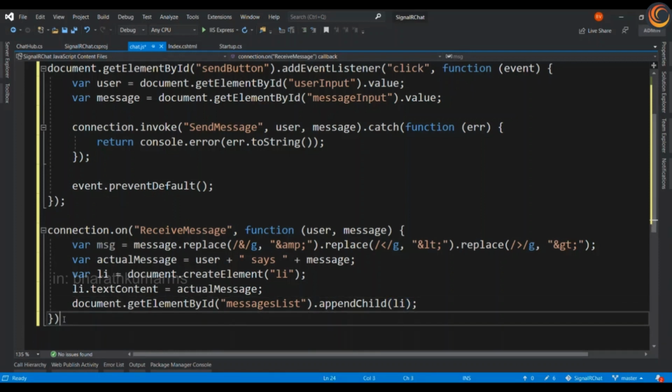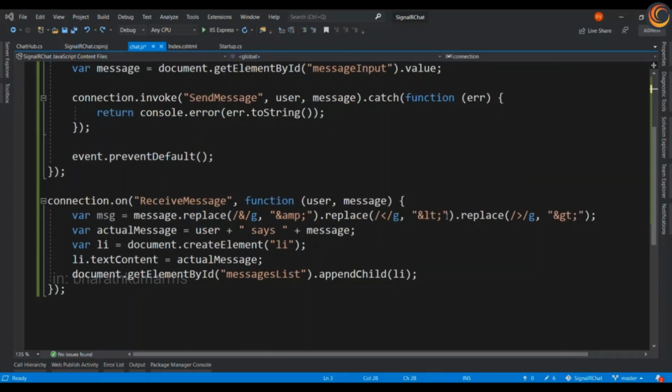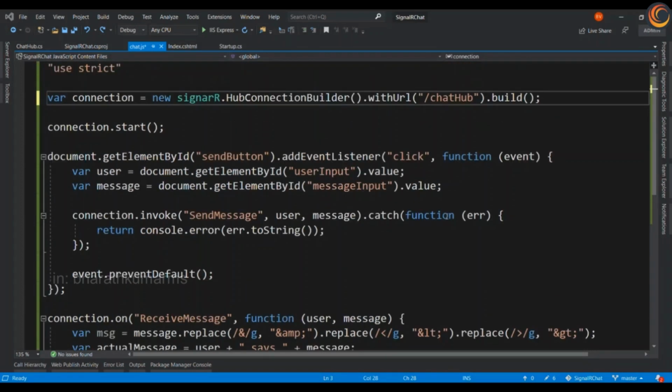Pretty straightforward. We are done with both the send and the receive actions. Okay, let us verify if everything is all well. There's a little spelling correction, SignalR, and let's execute the code.